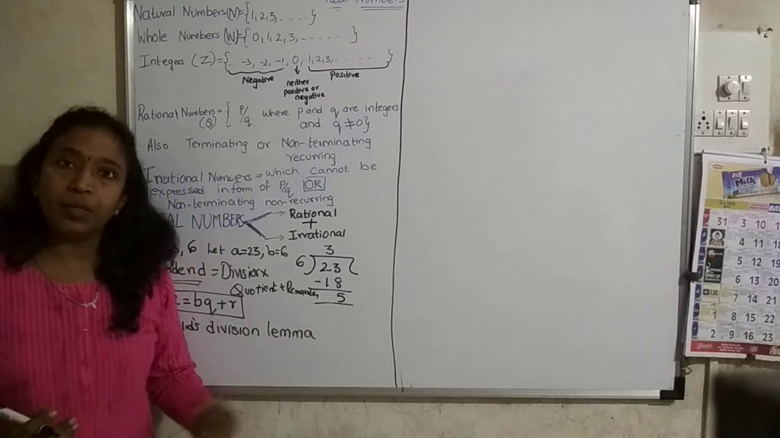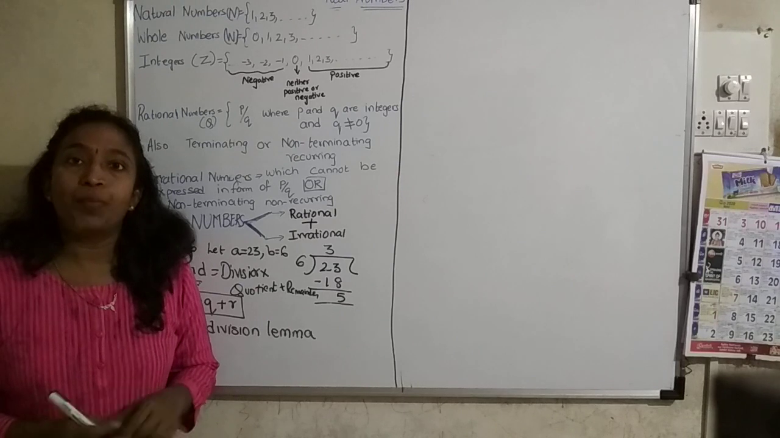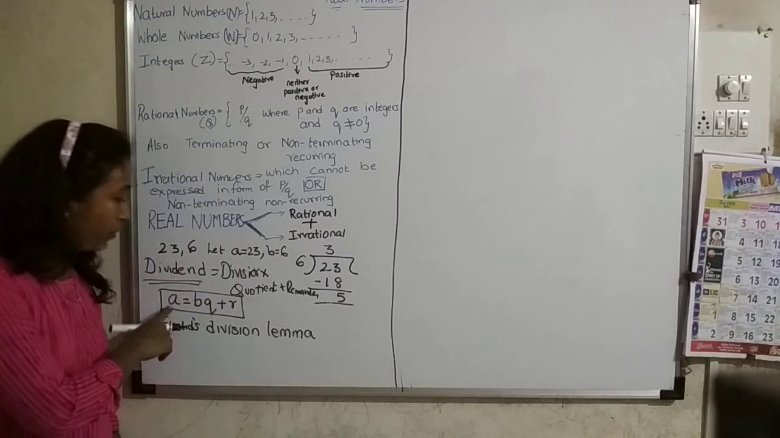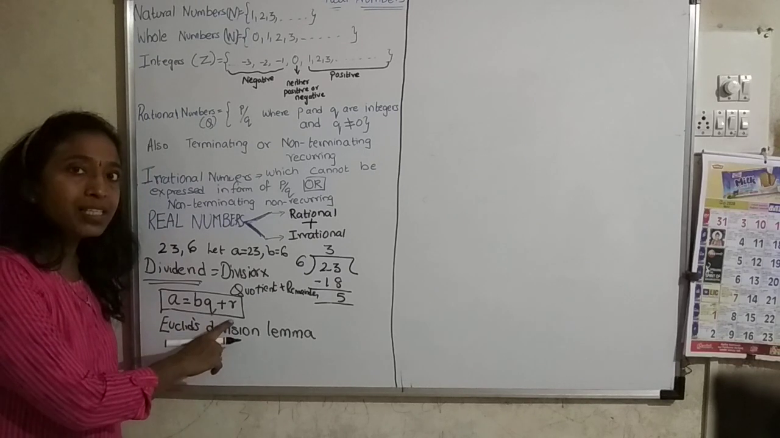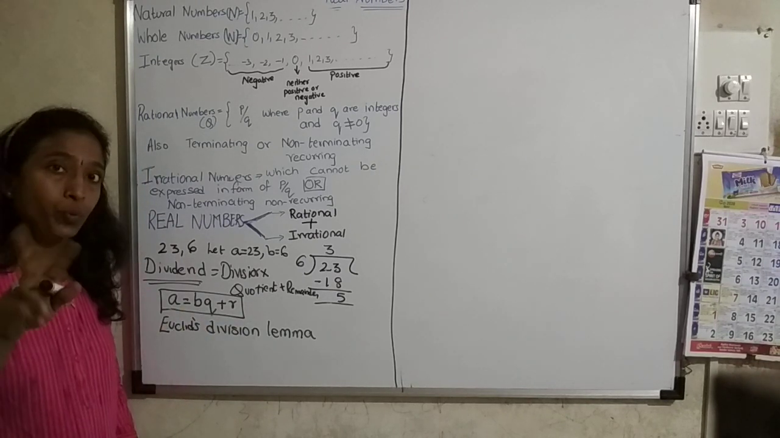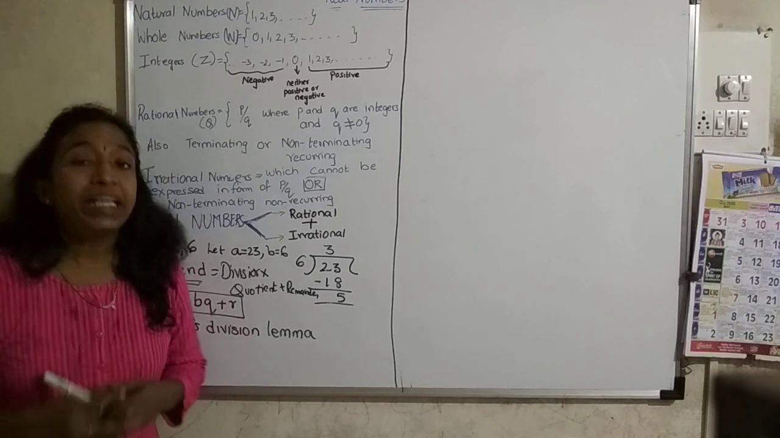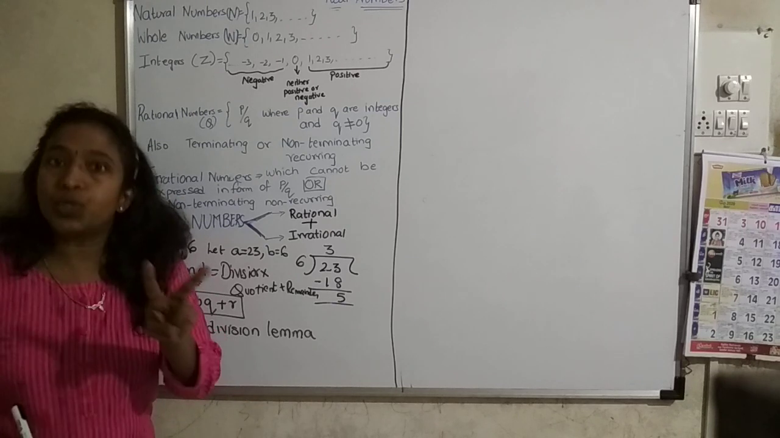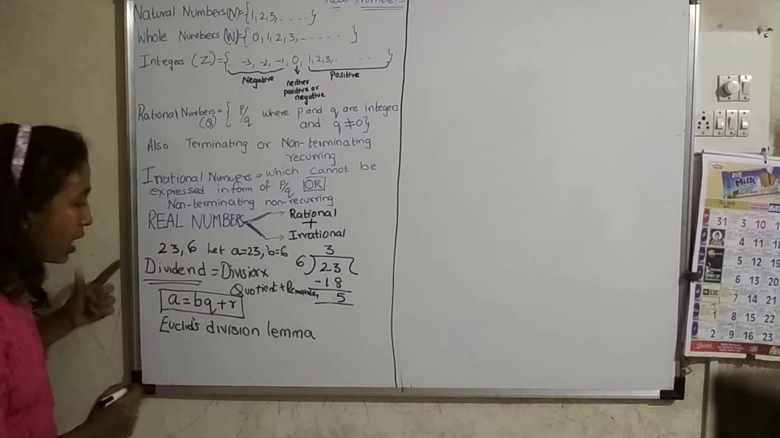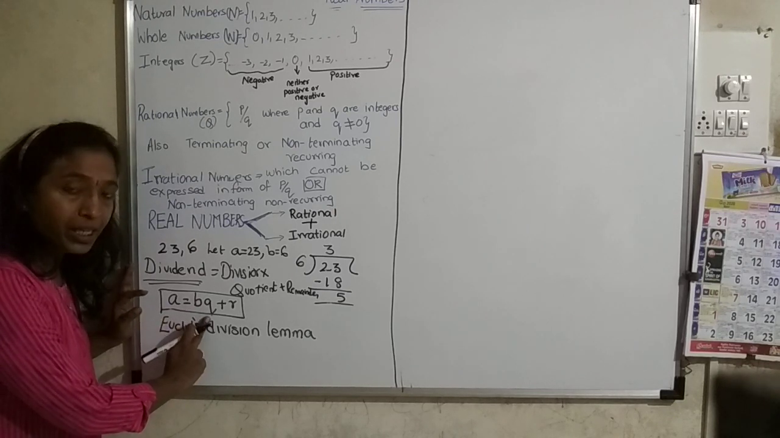This lemma is nothing but a proven statement which we accepted, like you learned in 9th standard about axioms, correct? So A equals BQ plus R, that is, dividend equals divisor into quotient plus remainder. A will always be the greater number between the two, right? So how does Euclid's division lemma definition go? It goes like this: given two positive integers A and B, where A is greater than B, then